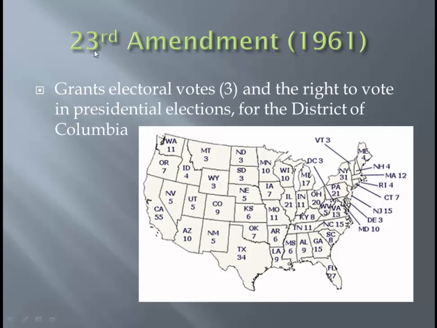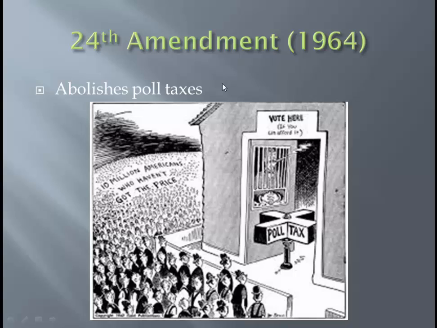All right. 23rd Amendment, remember the 3. Each state has a certain amount of electoral votes. They're listed on the map here. Well, in Washington, D.C., there it is, there's Delaware. D.C. is going to be in there. There it is. D.C. gets what? They said, you know what? We should give these people a say in who the president is. So the District of Columbia gains 3 votes because of the 23rd Amendment. 3 votes, 23rd. Put that together, you'll remember it, right?